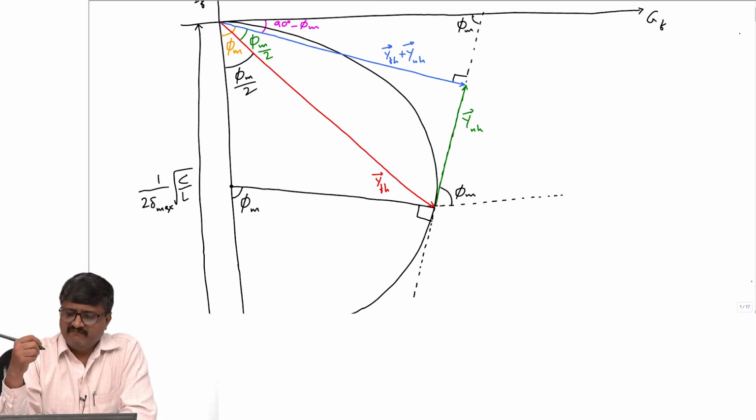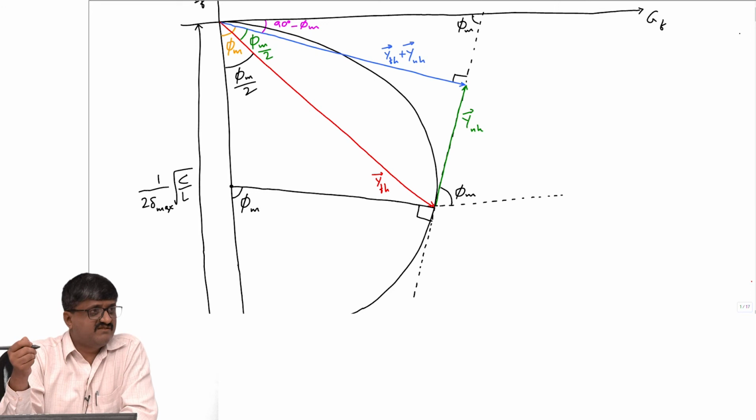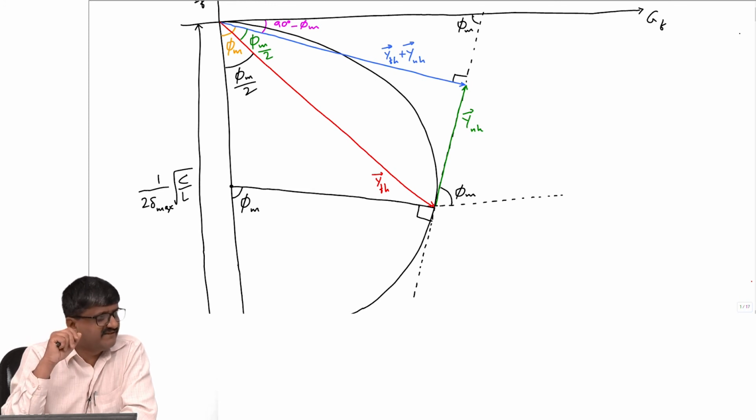How did we determine y and h? We know how to determine y and h. We determined the value of y and h from the boundary, and we got y of h from the tangent. I didn't get what exactly you are asking. How to get y of h? How we get y of h?